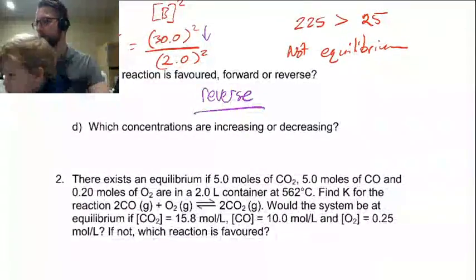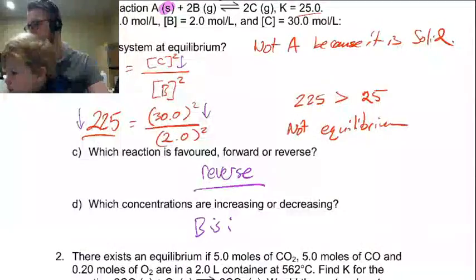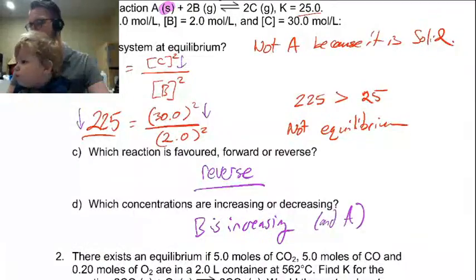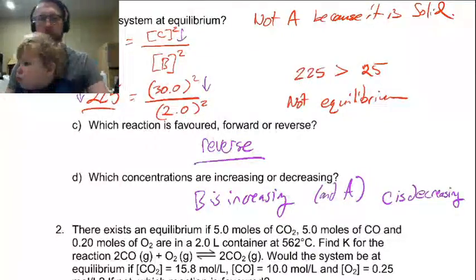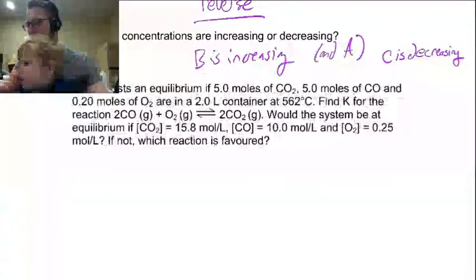So which concentrations are increasing and which ones are decreasing? B is increasing, and A as well, but A is a solid, so it's a little weird. And C is decreasing. So we have too much C, so that's going to be decreased. Okay,